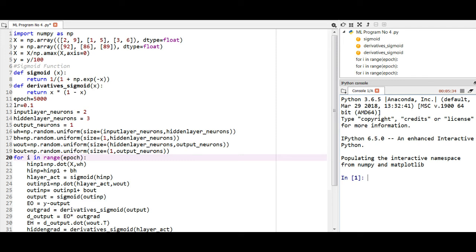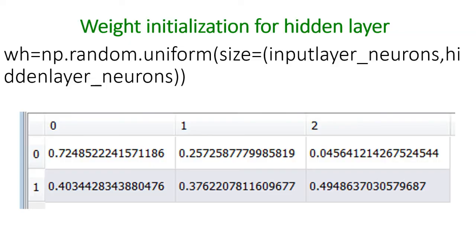In our case, the code will fetch random floating point number between 2 and 3 because the input layer neurons we have specified as 2 and hidden layer neurons we have specified as 3. This is shown in the figure.